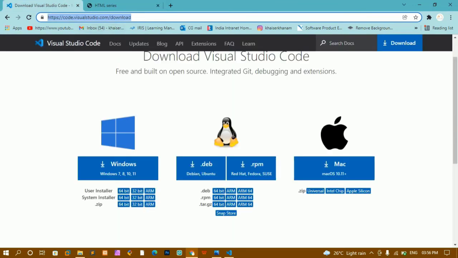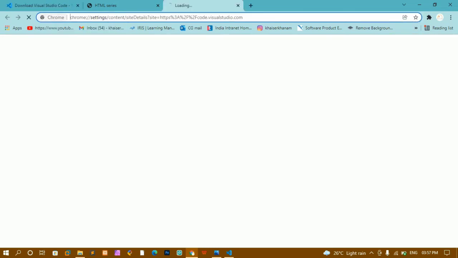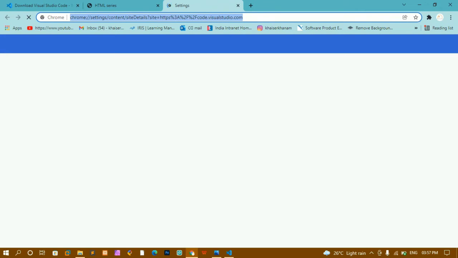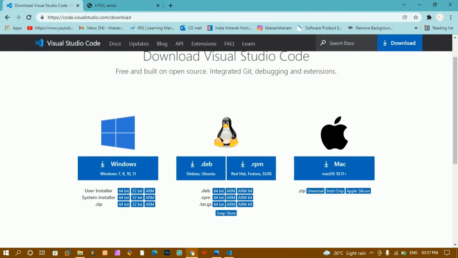But if you open any website, you will have this kind of path, and here you will also have this certificate. You can just explore this one. If you go to site settings, you will have all the details about it. You don't have to do it now; whenever you have time, you can explore. You can see the certification of any website if it has this lock symbol. Okay, now coming back to our series, this is our path.